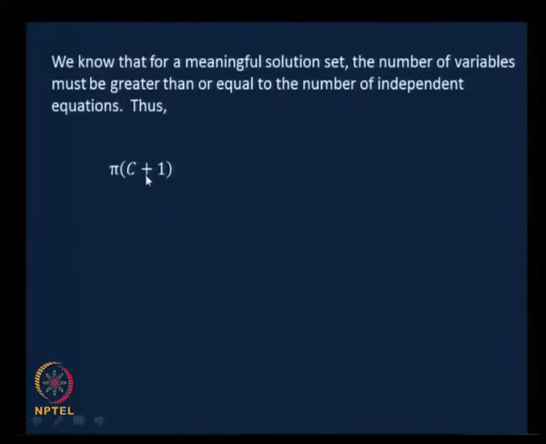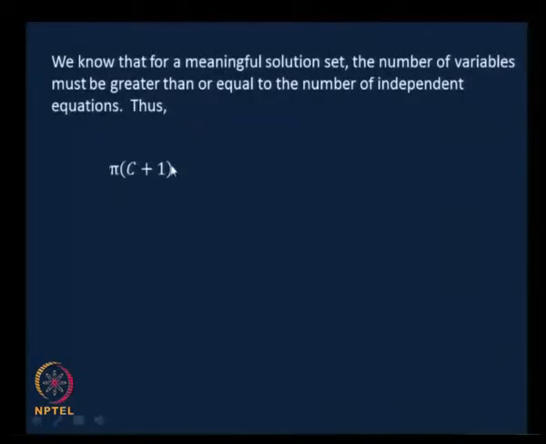And we know from mathematics that if the number of variables equals the number of independent equations in a set, then we have a unique solution, or at least the number of variables must be greater than the number of independent equations connecting them. Only then will we have a possibility of